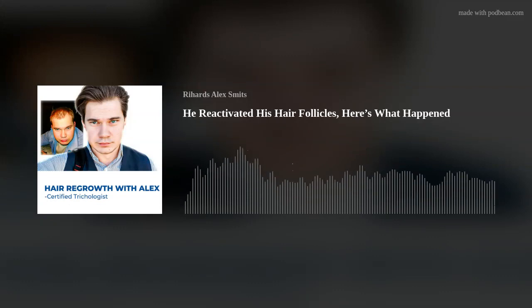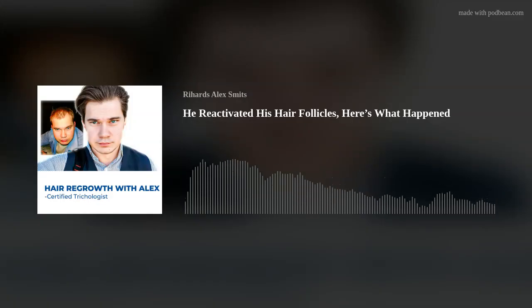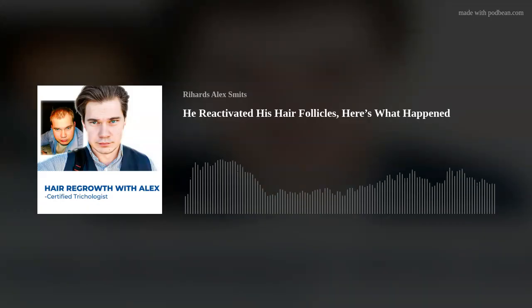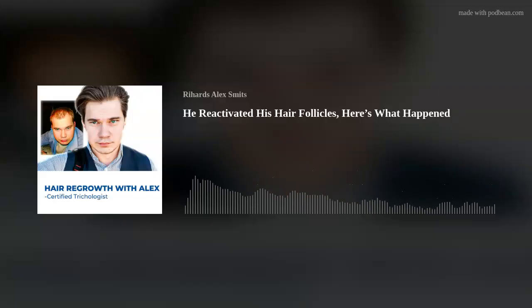So first, this guy here. What happened in his case is that he started to implement the steps in the workbook. He's been following the steps in the workbook, and this was his before situation. He had a problem with dermatitis and inflammation on his scalp, and you can see he was having a lot of redness on his scalp. You can see there was also a lot of thinning, like his hair was not in a good state. And these are his results after 6 months.